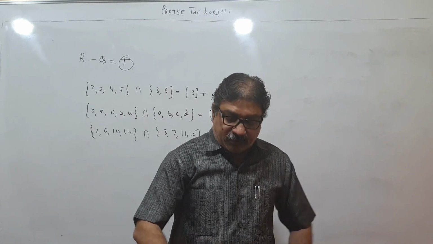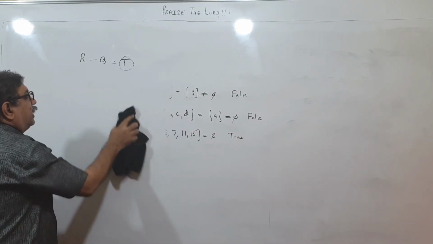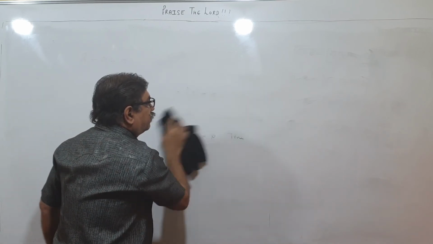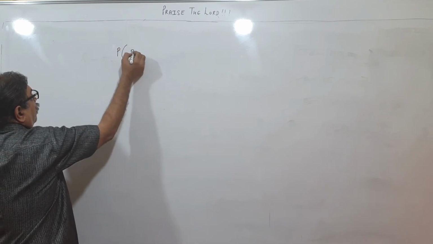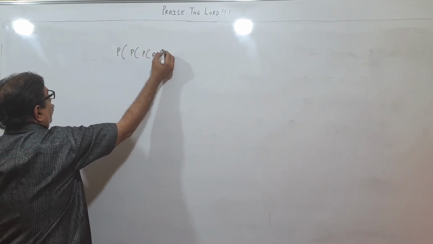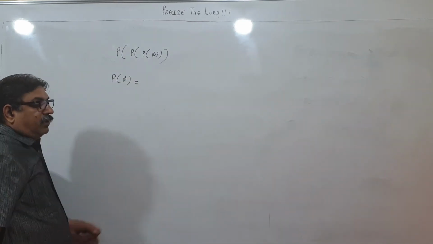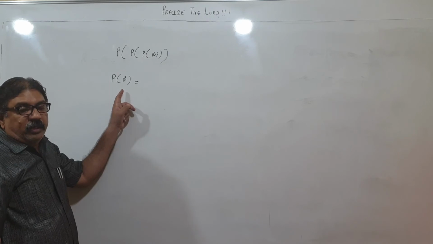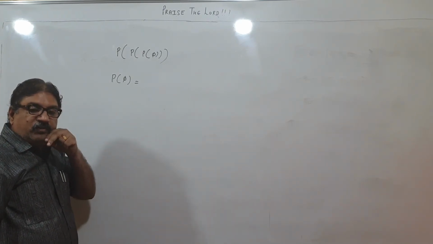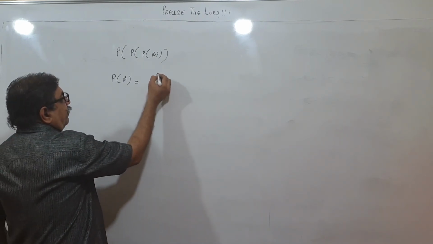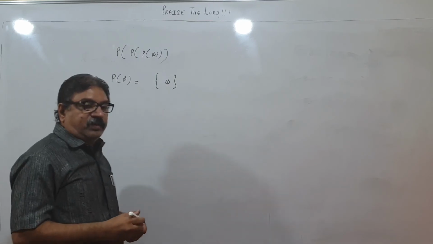So this is about your 1.4. And children, in the last video I had asked you what is P(P(P(5))), and I told you I'll give you the answer in the next video. We want the power set of null set. See children, power set of null set. Null set means having no element. So there will be one subset only, 2 raised to 0. So that will be null set itself. So this will be the power set of null set. Power set means set of all the subsets.